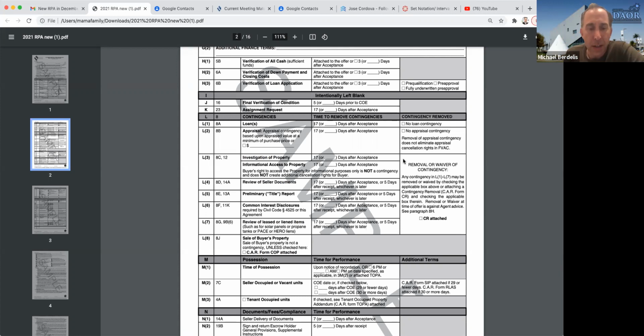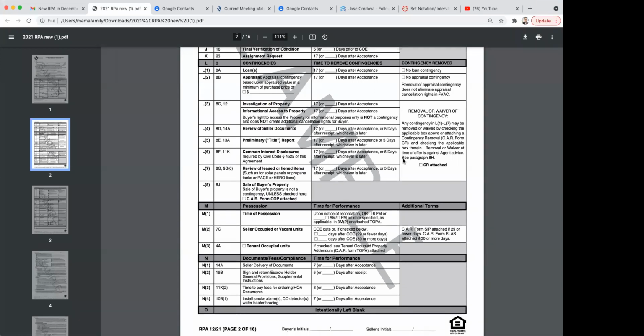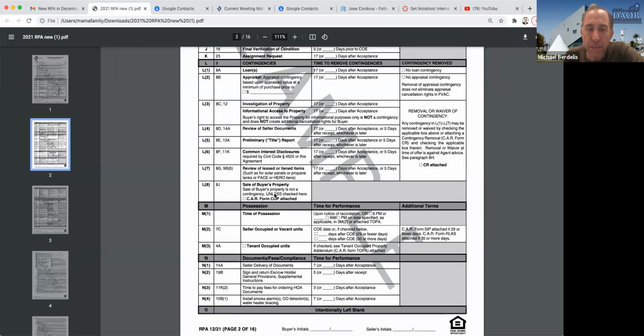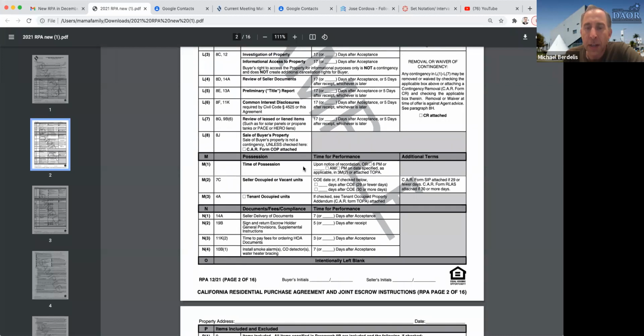All right. L8 is the COP form. So, if you have a property to sell, this is where, if you're a listing agent, your eyes will go. If you represent a buyer, again, same idea. Possession, interesting. Possession upon notice of recording or 6 p.m. on the date specified, as applicable. If it's seller occupied,